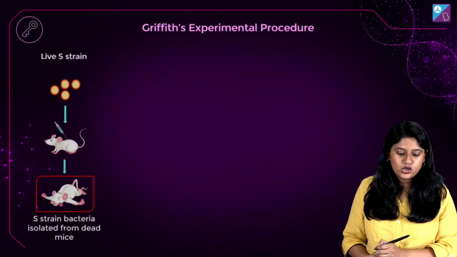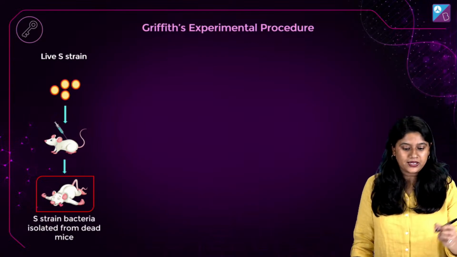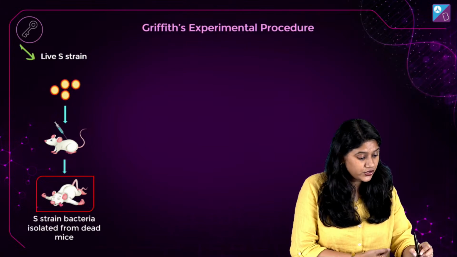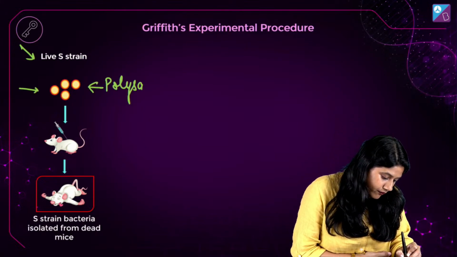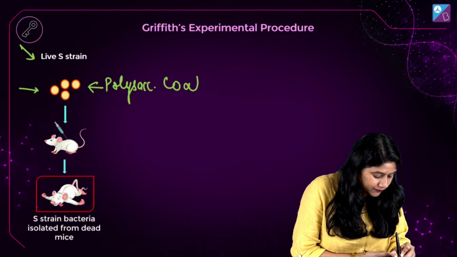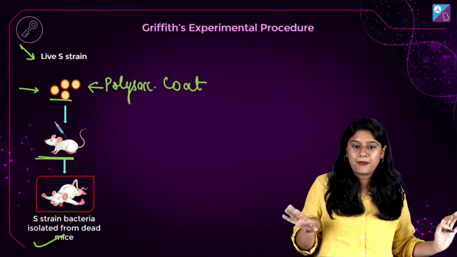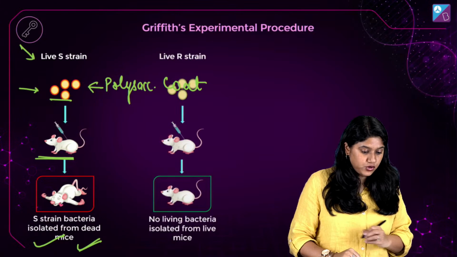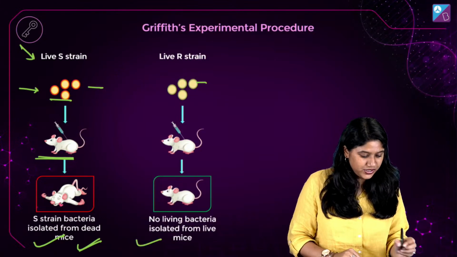एक्सपेरिमेंट करा हमने चूहे के अंदर, राइट? हमने नहीं करा, ग्रिफिथ ने करा, और उन्होंने क्या किया? We have the live strain S, ठीक है, live strain लिया S जिसके पास में पॉलीसेक्राइड कोट है, mice के अंदर, and mice, see over here, mice is no more, right? यहां पे हमें दिख रहा है. Then of course we have R strain. R strain में क्या हुआ? Mice is really very happy.